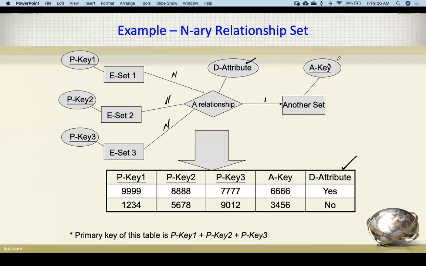We'll take the primary key of this, then the primary key of this, then the primary key of this, then the primary key of this. It's very simple. Now here the primary key of the table could be key 1 or key 2 or key 3, right? It may be your primary key from the n side. AK will not be considered as the primary key.